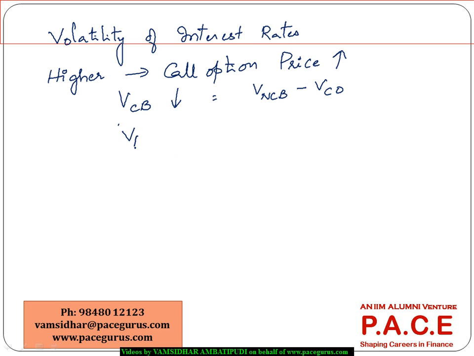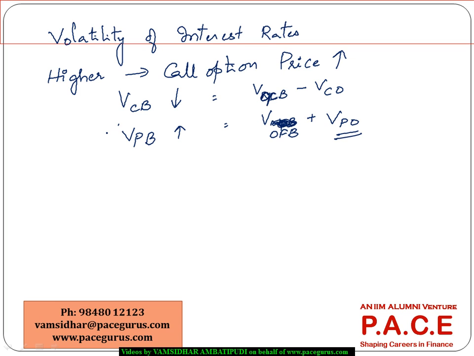So from that dimension, the value of the puttable bond will increase, because the value of the puttable bond is the value of the option free bond plus the value of the put option. Because the value of the put option is going to go up with volatility, the higher the volatility of the interest rates, the more the value of the callable bond comes down drastically, whereas the value of the puttable bond